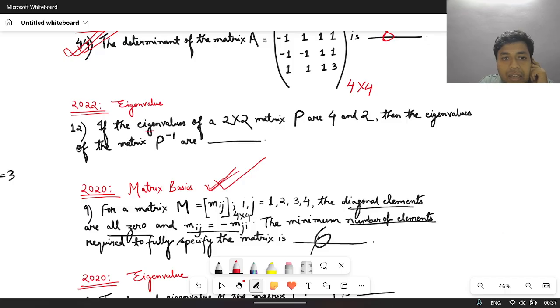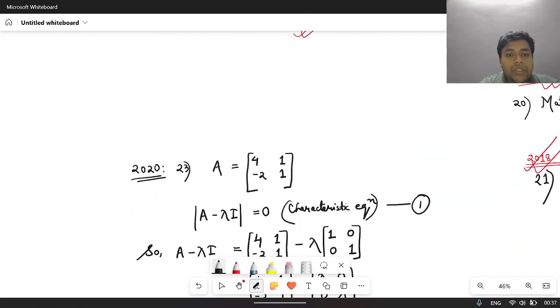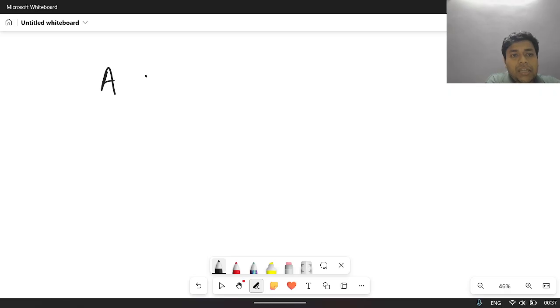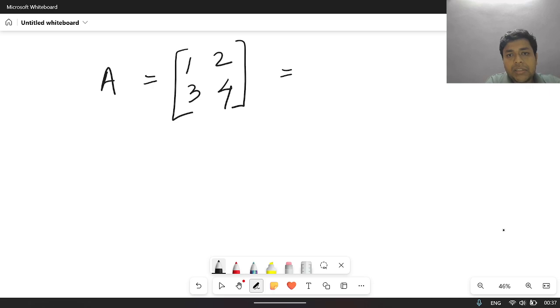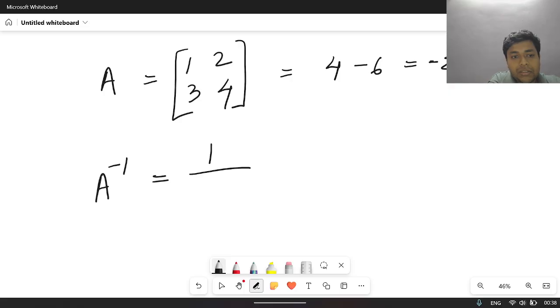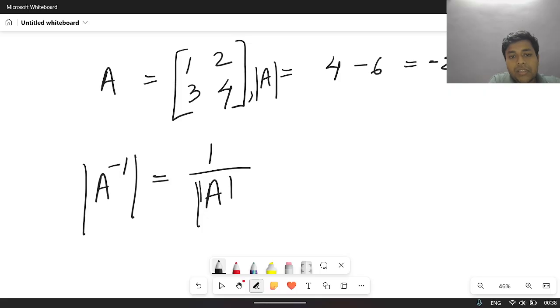What is given in 22 is that the eigenvalues of a 2x2 matrix are 4 and 2. If we assume this is lambda 1 and this is lambda 2, then what will be the eigenvalues of the matrix P inverse? So now let me tell you about the inverse matrix. If there is a matrix A, say 1 2 3 4, what will its determinant be? This is the determinant. So the determinant of A inverse will just be the reciprocal of this. Its determinant is this. So the determinant of the A inverse matrix will be just the reciprocal of this, which is,